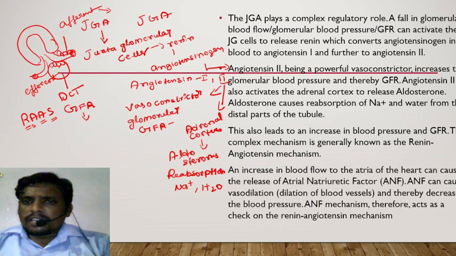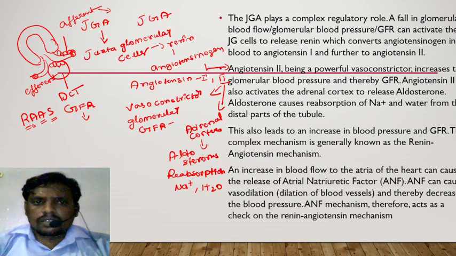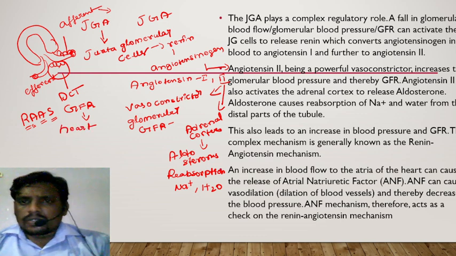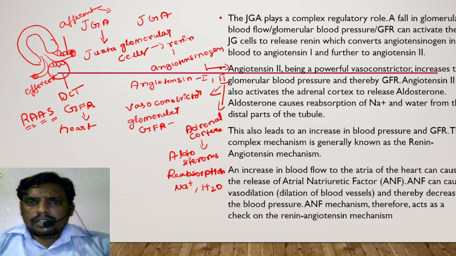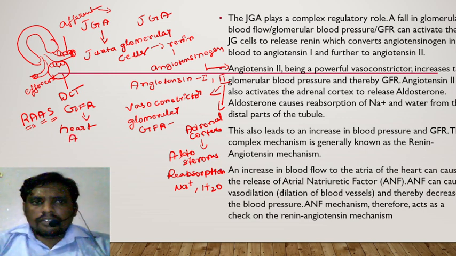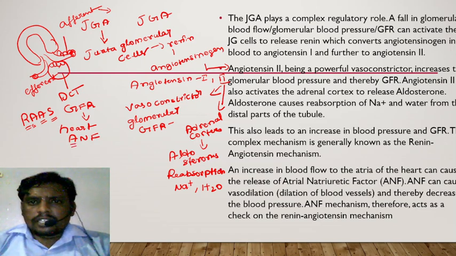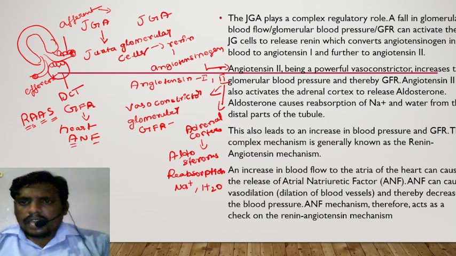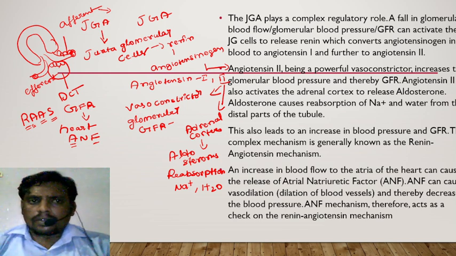Now, an increase in blood flow to the atria of the heart, even heart valves, releases a factor called ANF, atrial natriuretic factor, and thereby decreases the blood pressure. Why? Because ANF is a vasodilator. What is it? Vasodilator. It decreases the pressure on the